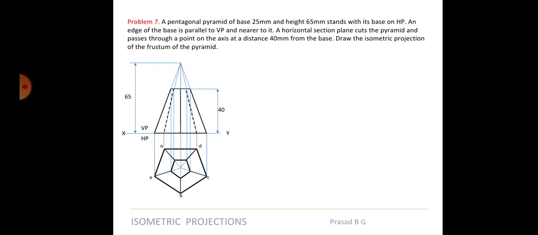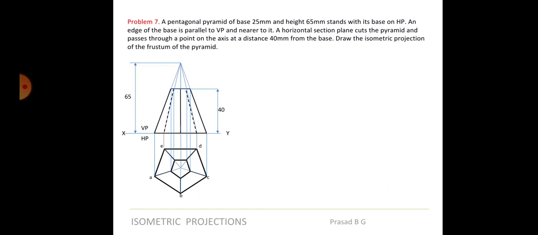So now we have completed the orthographic view of this particular frustum of a pyramid. Okay, now you have to draw the isometric. Once you have done this much, the procedure is the same. Only drawing this part was a little bit of work for you, but now that you have done it, it is easy to draw the isometric view, because there are not many changes. Again, doing the same, making an envelope box outside. Two envelopes have to be made, one on the outer side, one on the inner side. The same thing has to be reproduced, as I explained in the case of the frustum of a cone.